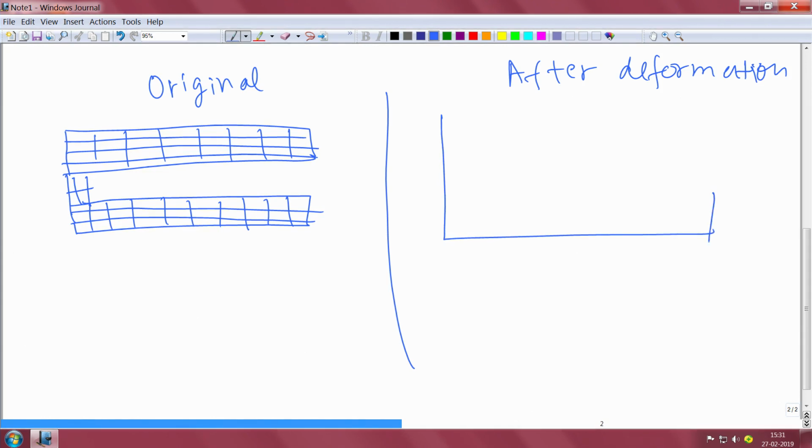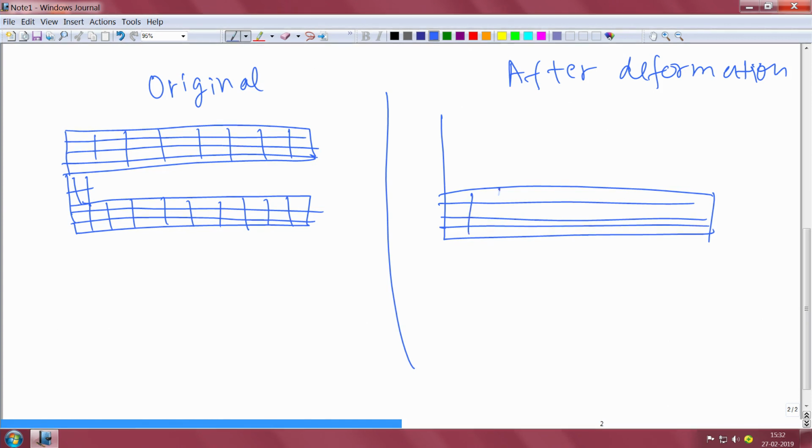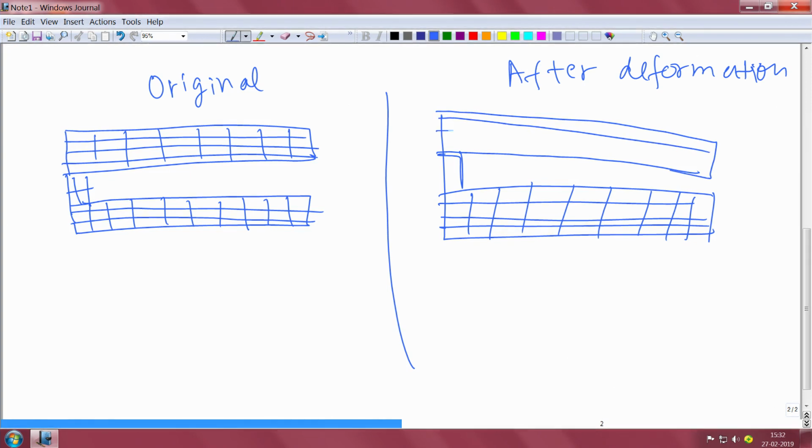By deform, I mean the bottom structure is going to remain the same because we have given a constraint at the bottom, but the top structure is going to move like this. Okay, so you will see that your mesh also needs to get deformed, right? Here you will find that there is a more compressed structure as compared to the more relaxed version on the left side. So here it will be more relaxed.